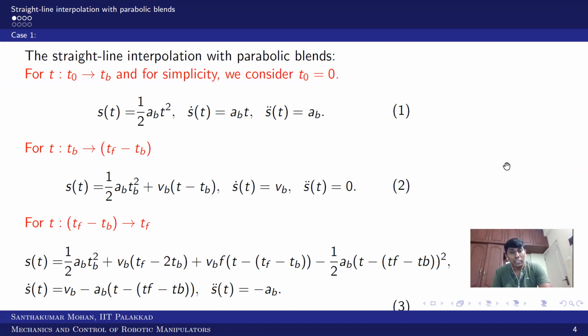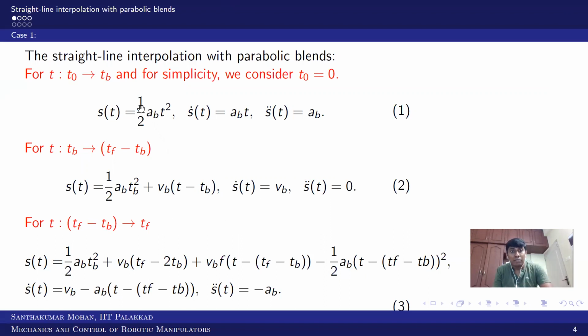We are making the straight line into segments, where there are parabolics and a straight line. Even in the parabolics, you should have a smooth initial and final, so in the sense there are two parabolic blends. For that blend we take a blend time TB. The 0 to TB, or t naught to TB, would be the first parabolic. It would be smooth, then it goes straight line, then it goes again smooth to the end. So in that sense, you can see there are three segments.